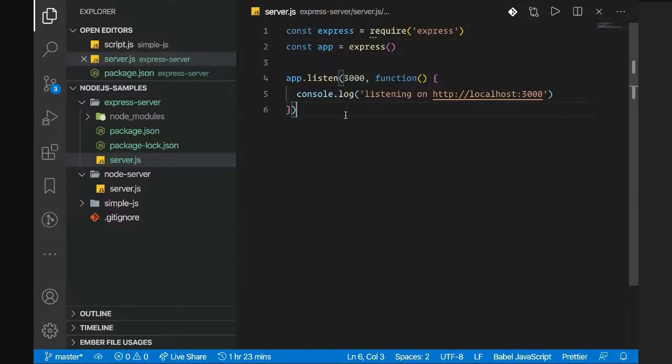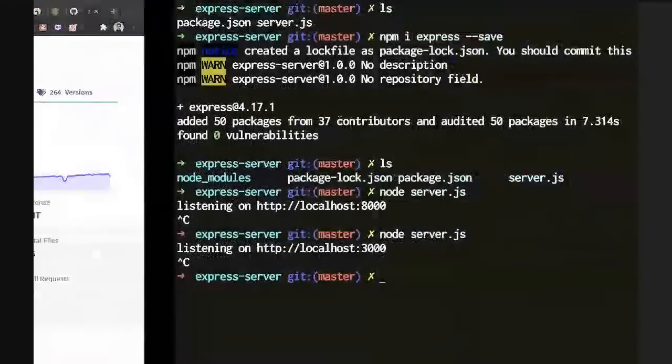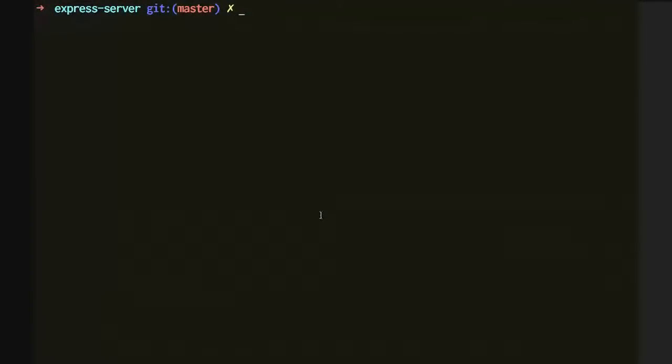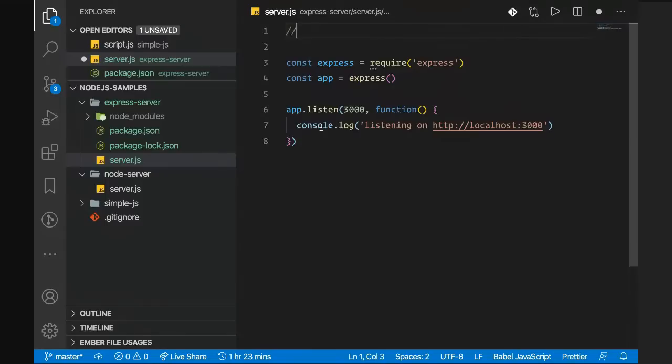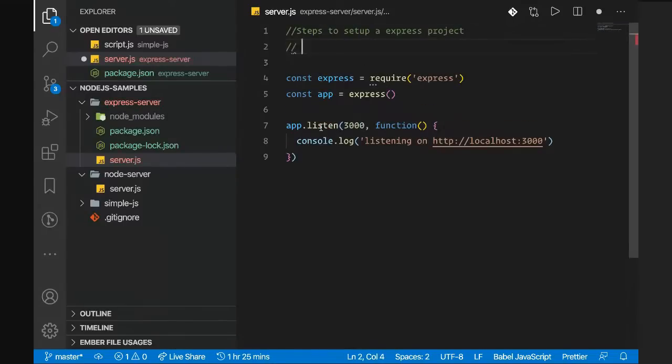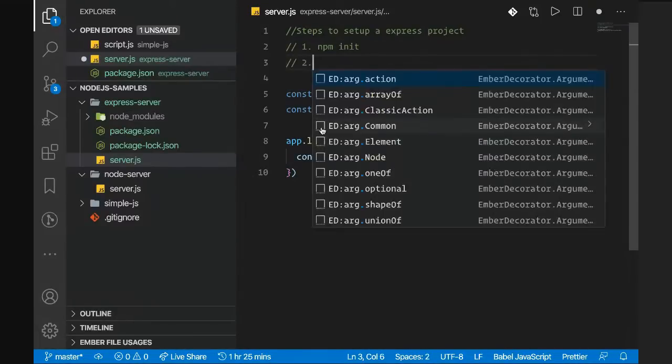So I'll repeat everything from the start very quickly. Just listen, whoever has missed it. First step I did was go into the folder wherever you want to create a server. First thing you need to do is npm init. Okay, I'll write the steps over here. First, steps to create a server, or steps to set up an Express project. Okay, first is npm init, right? Second is